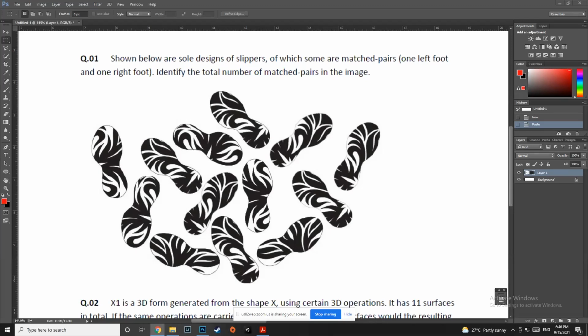Okay, we have Anirudh saying 3, Archana saying 2, Bhagyalakshmi saying 5. We have another 7, we have another 5. The easiest way to recognize this would be to first count the total number of right and left soles. How many right soles are there? Right-footed soles. I can see 1, 2.